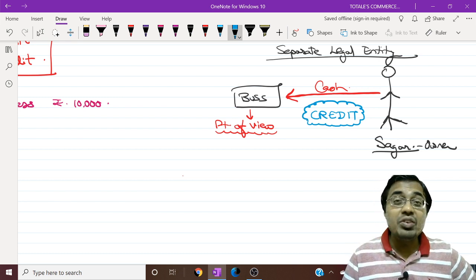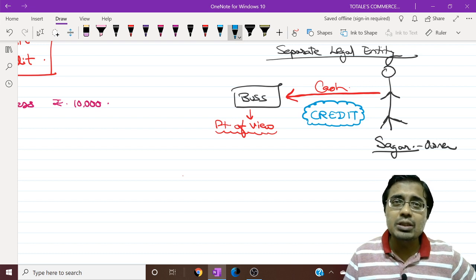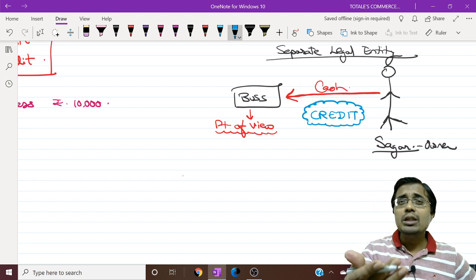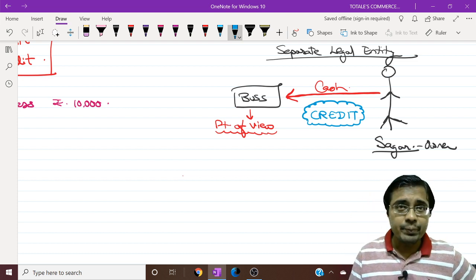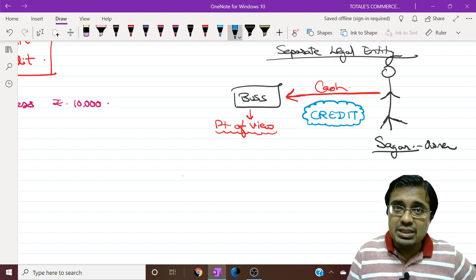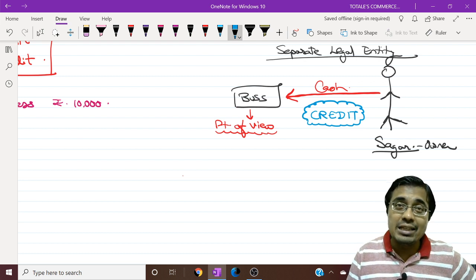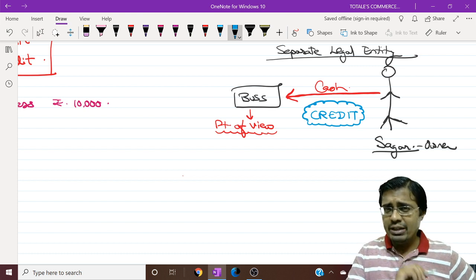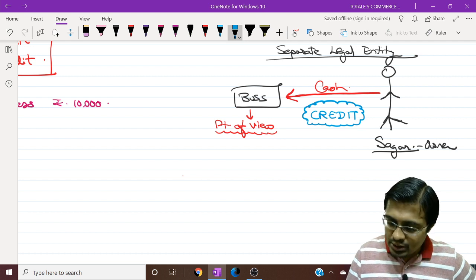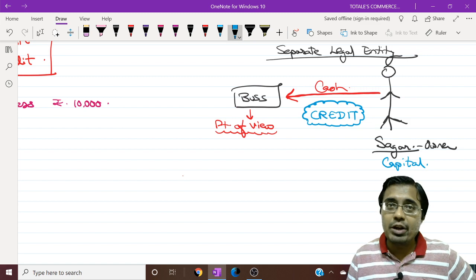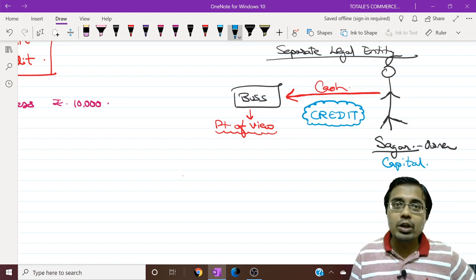No owner does any favor on his business. He is investing in the business from the point of view of earning out of it, and at the end of the business, whenever the business closes down, he is going to withdraw the money he has invested. So this is a creditor transaction. So now, from business point of view, what do we call Sagar? I hope you remember, you do not call the owner by his name. As you don't call your dad by his name, business will never call the owner by his name. Business will always call him capital for money invested and drawings for money withdrawn. Because he is investing, we are going to call him capital.